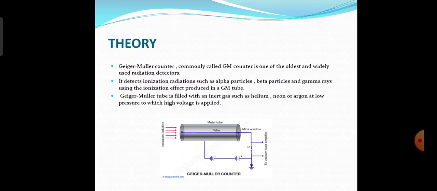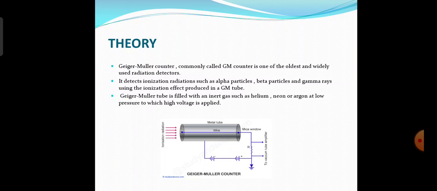The Geiger-Müller counter, which is commonly known as the GM counter, is one of the oldest and most widely used radiation detectors. It is also known as the Geiger tube. It is actually a gas-based detector which uses ionization of gas by radiation as a primary tool to detect radiations. It detects ionizing radiations such as alpha particles, beta particles and gamma rays using the ionization effect produced in the GM tube. It is filled with an inert gas such as helium, neon, argon at a low pressure